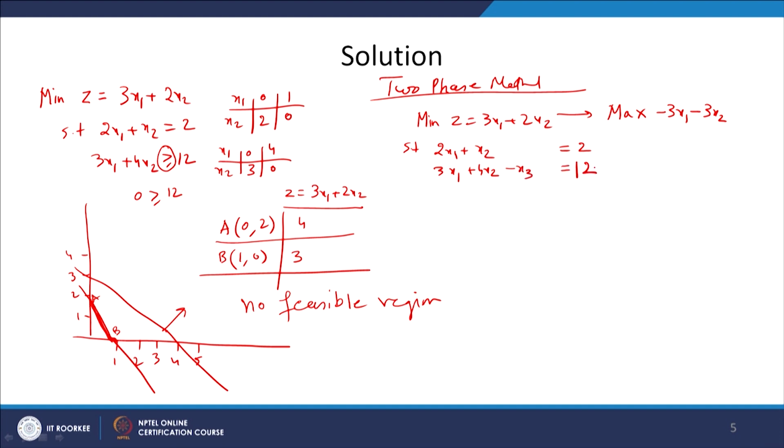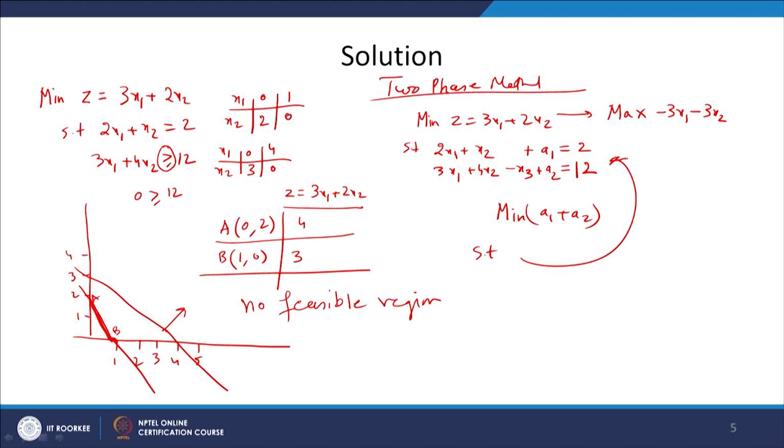However, remember, we need to find a BFS for both the equations. So, therefore, we will add an artificial variable in the first equation and similarly an artificial variable in the second equation, because these are the basic variables. So, therefore, our two-phase method will begin like this. We have to minimize A1 plus A2 subject to these constraints,